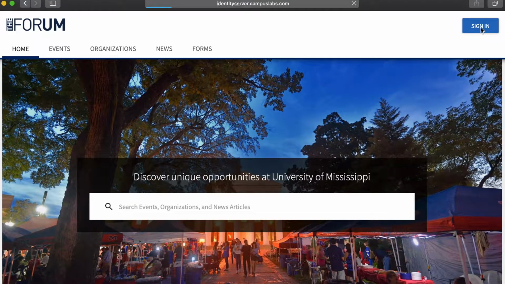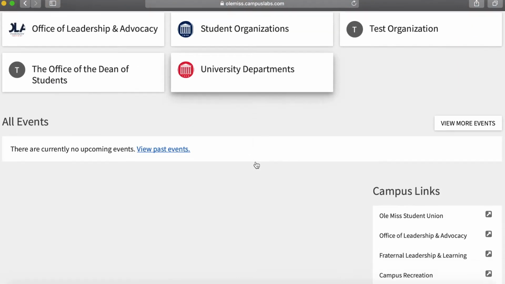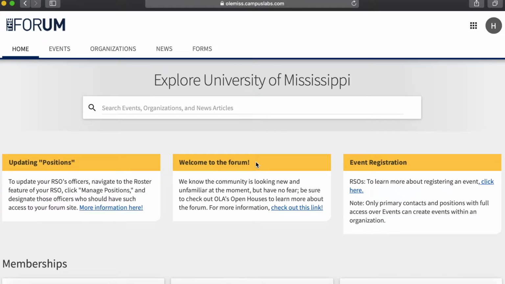But you're going to go up here to the top right and sign in with your web ID and password. If you've already done it before, it's probably just going to take you straight through. This is what we call the Explore view. It is still public facing, but you can see things that are limited to just the University of Mississippi campus. Again, very basic here on the front end, just because we don't want to clutter things up with unnecessary news,